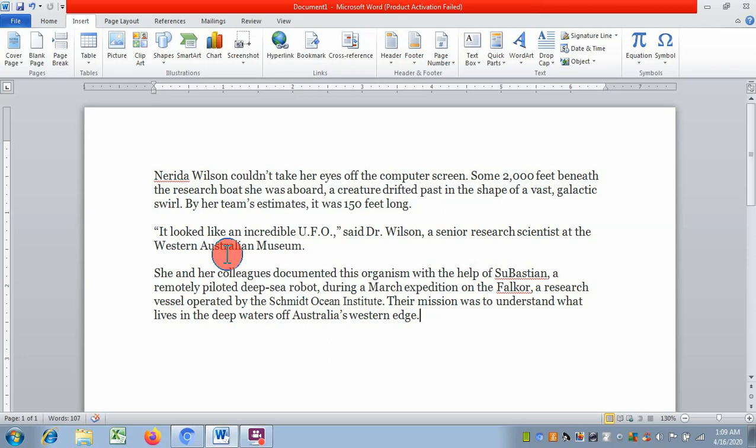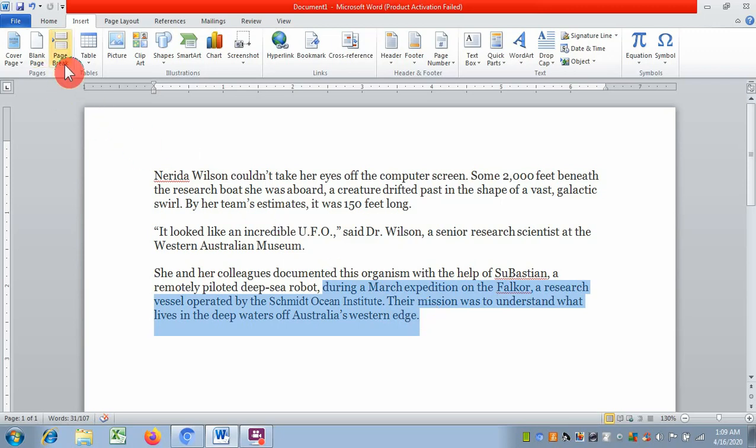Now supposing I want this paragraph, or this content, in the next section. Now look carefully how to do it.